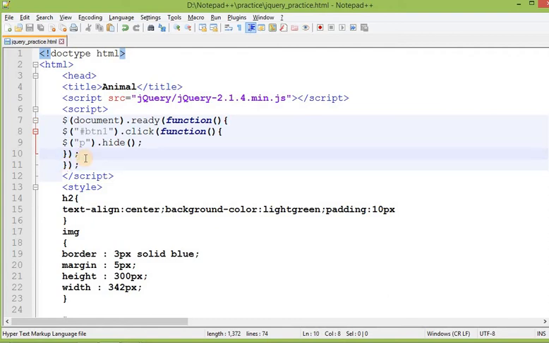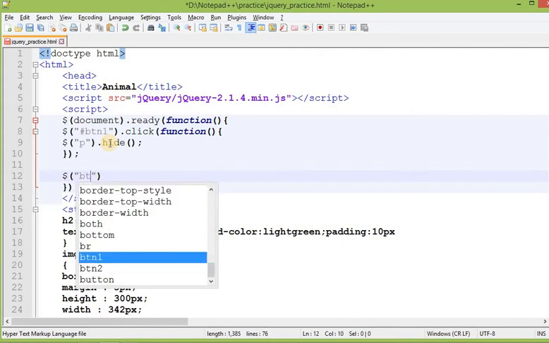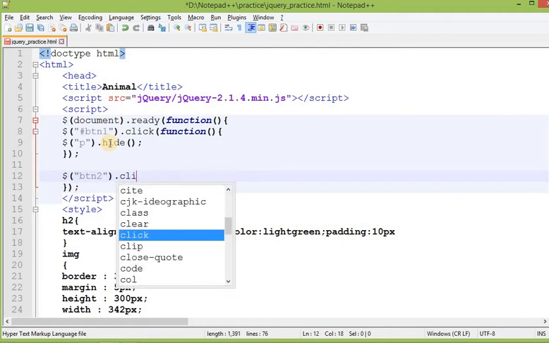Now you have to be careful. This is one function that you have implemented whenever the user clicks on button 1. Now I am specifying another function which will be called on button 2 dot click.